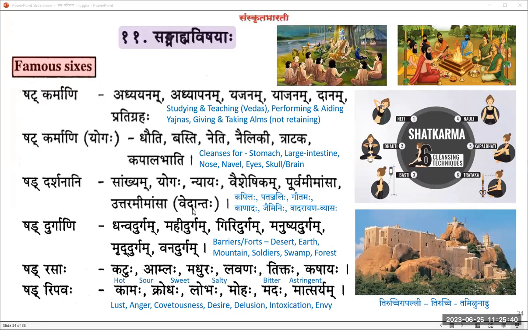Okay, in fact, it is sometimes directly called the Vedanta Shastra, but Vedanta Shastra is more than just Uttara Mimamsa. Uttara Mimamsa has another name called Brahma Sutra. Okay, Brahma Sutra is one of the things, and then we say all the Upanishads and the Bhagavad Gita together are considered as Vedanta.